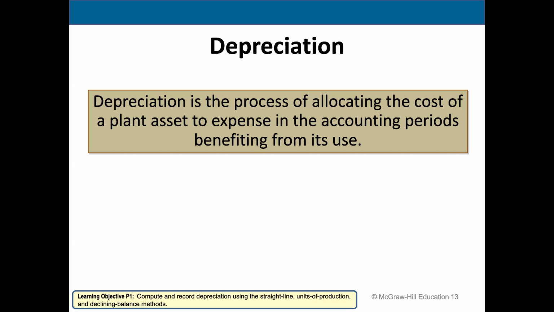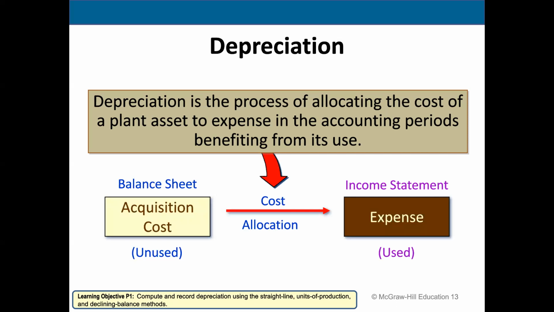Some do it more often, like in a monthly accounting period. But at the end of each accounting period, we're going to do an adjusting entry to recognize a portion of that cost as an expense. We actually learned about this when we did adjusting entries. So what we have to do is figure out our acquisition cost, and then allocate a portion of that acquisition cost and claim it as an expense on our income statement. Sometimes we talk about this as recording the using up of that asset,